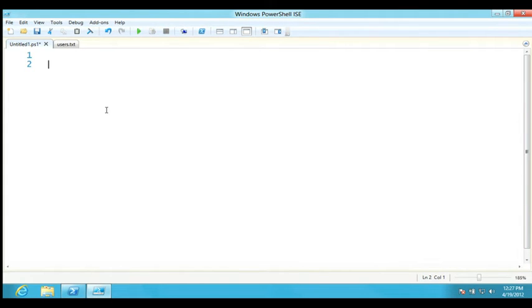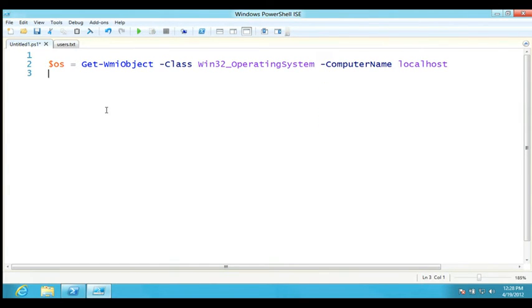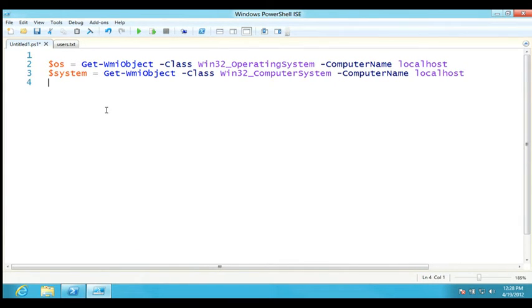I'm just going to run a little command. I'm going to stick the results of this command into a variable so I can reuse them later. Get-WmiObject, class Win32_OperatingSystem. We'll just get it from localhost right now. And let's grab Win32_ComputerSystem from the same one. One of the tricks that you start to get used to in Windows PowerShell is this